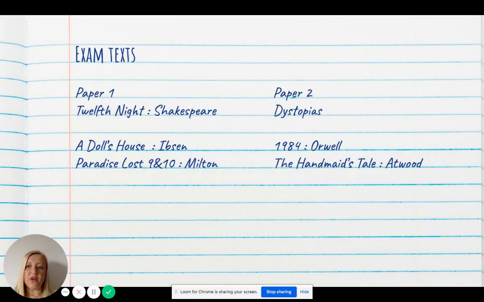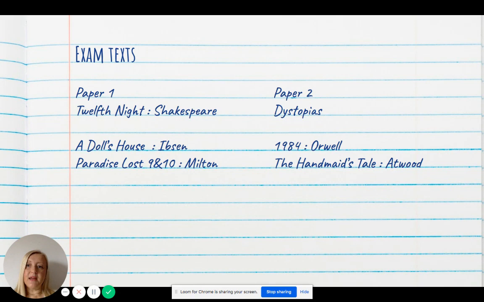Right, so I've broken it down like this into the different exam texts to help. With paper one, the first text, in fact, that we start in year one is Shakespeare's Twelfth Night. It's a comedy. Not many people do comedies for GCSE. It's pretty short and it's a nice bridge between your GCSE studies and the start of your A level. And we'll talk a bit more about that in the Twelfth Night bridging lesson that hopefully you'll go on and